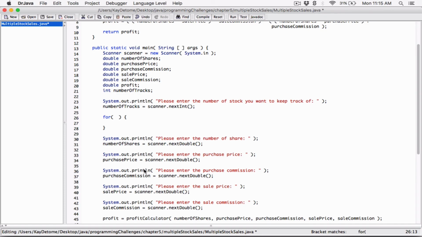I'm going to define a variable, and I'm going to call it current track. Current track is basically the current stock the user is working on. So the program is going to start by asking the details of the first stock, then go on to the second stock, the third stock, and so on. This current track variable is going to keep track of the current track. It's going to start from 1 all the way to the number of tracks. So it's going to be an integer, integer current track